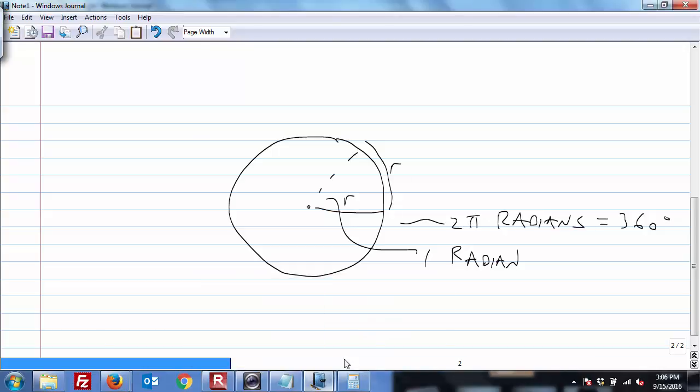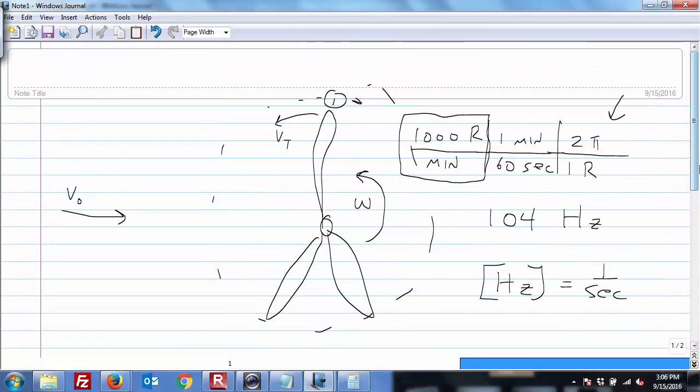Okay, so how does that convert from getting from radians per second or hertz up to the velocity? Well, the equation for getting tip speed, so the velocity at the tip, and I'm just going to let the radius of this circle, of this turbine, be uppercase R. The velocity of the tip just equals the radius times the angular velocity in radians per second. Because